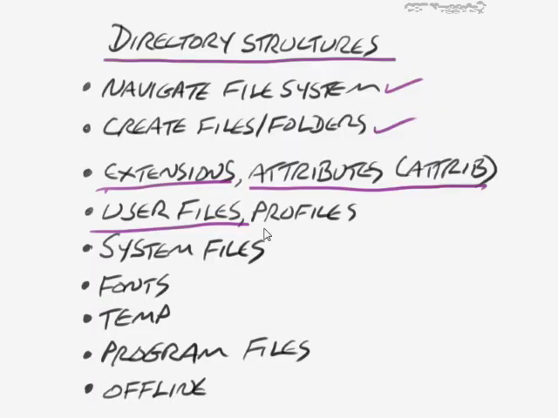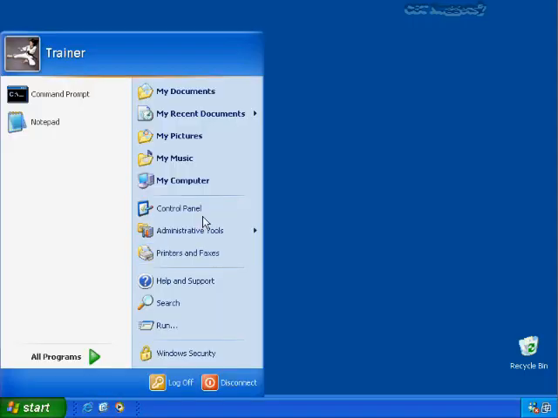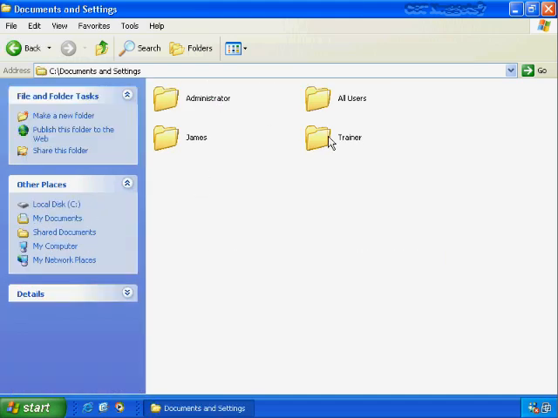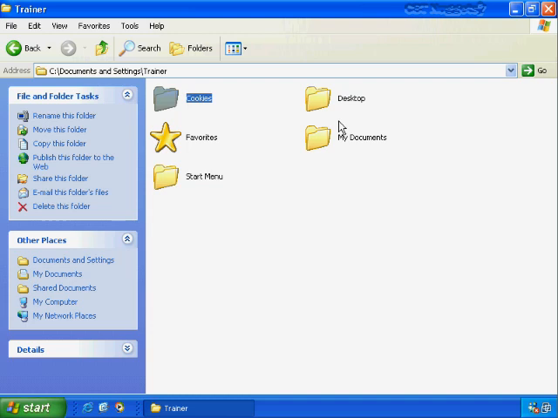Let's take a look here at profiles as well, and this relates to everything that the user sees on the desktop. Any color scheme changes that they've made, themes they've applied, all those sorts of things will apply to their profile. So if I go here, for example, to Windows XP, notice that as I browse through the file system again in C Drive, Documents and Settings, for this user, the trainer account, we do have a few different things. The start menu, cookies, for example, any internet cookies would be stored there for this user, desktop settings, any favorites that I've created, and then My Documents, which we talked about earlier already, okay?